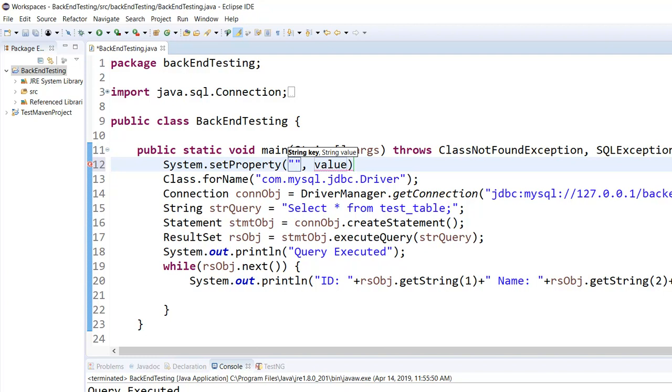Chrome, what will you have to write here? webdriver dot chrome dot driver. Is that what you will have to write here? webdriver dot chrome dot driver, and here you will have to provide the path of your